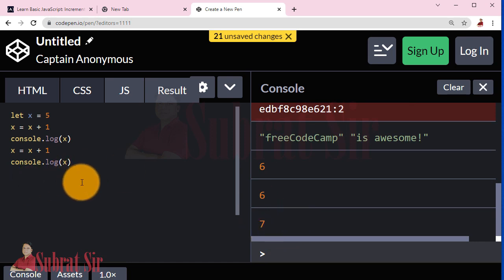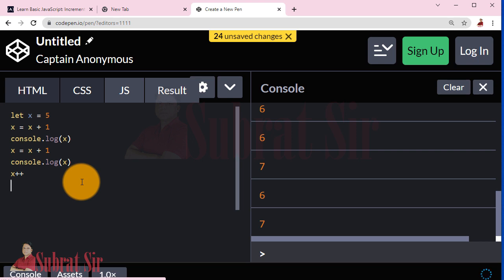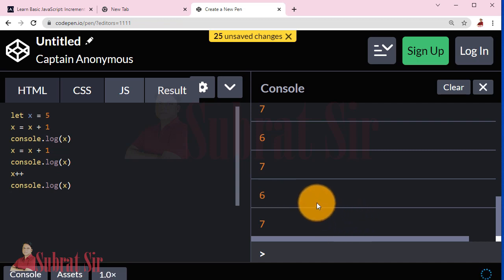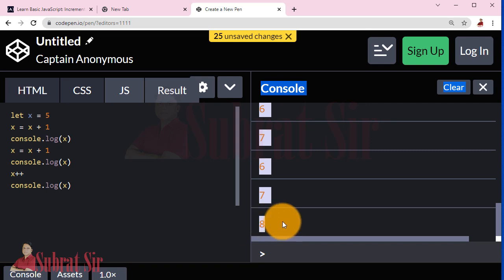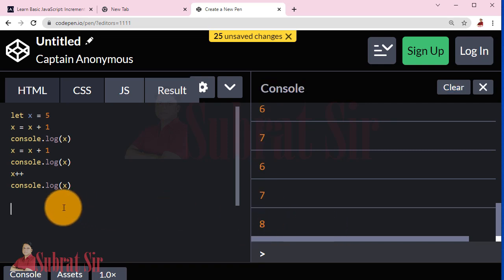The same thing we can do using the double plus operator. It is called unary plus. Now let us see the output. So it is 8. So x equal x plus 1 and x plus plus both are the same.